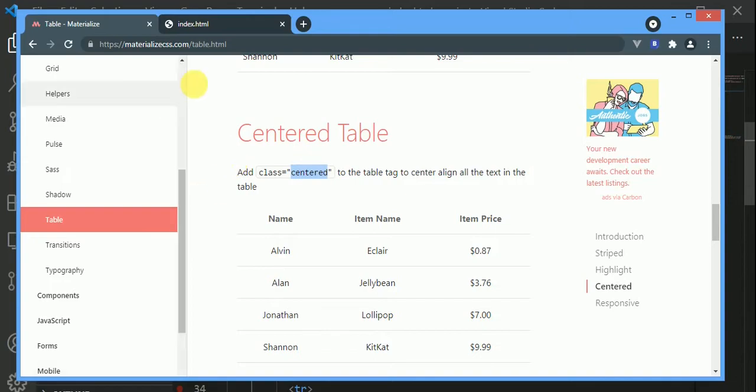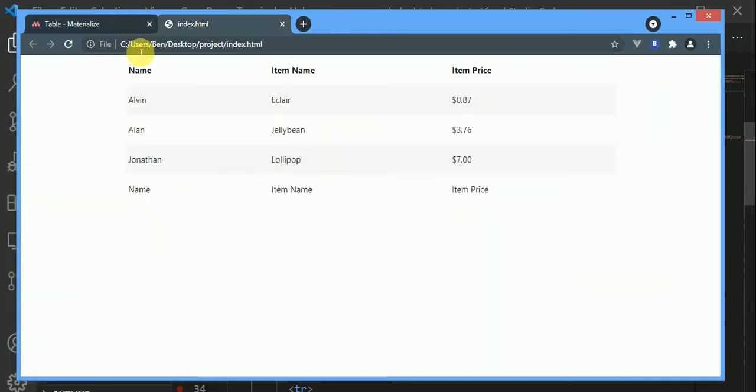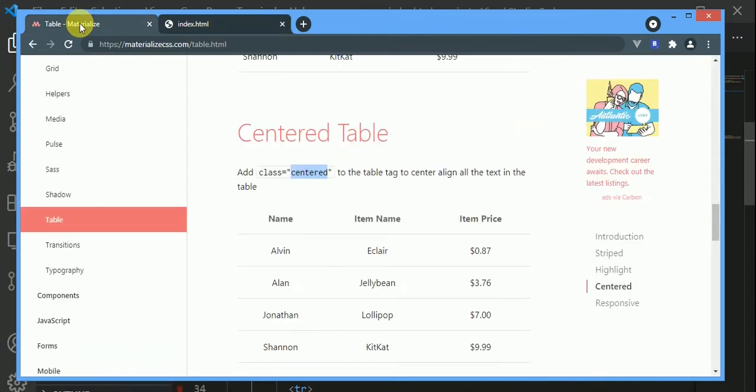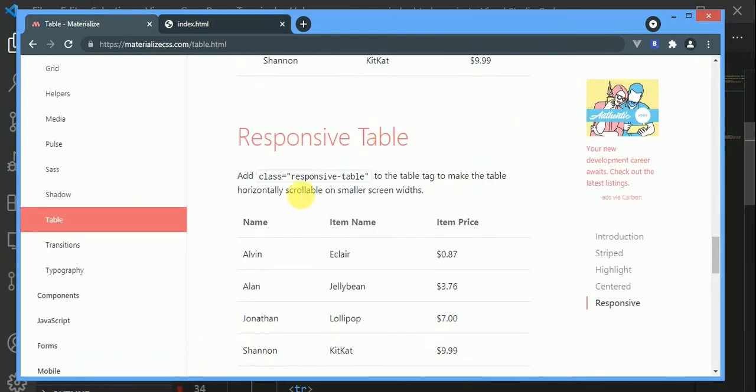Okay, so back to my code here, I refresh. You see all the data is at the center except the footer data. Okay, like I said, this footer is always optional. Okay, it's always optional. If you really know it's important for you, you can use it. Okay, I just want to place it so that some people will not be asking why didn't we have T foot on the table. Okay, so back to Materialize, we have responsive